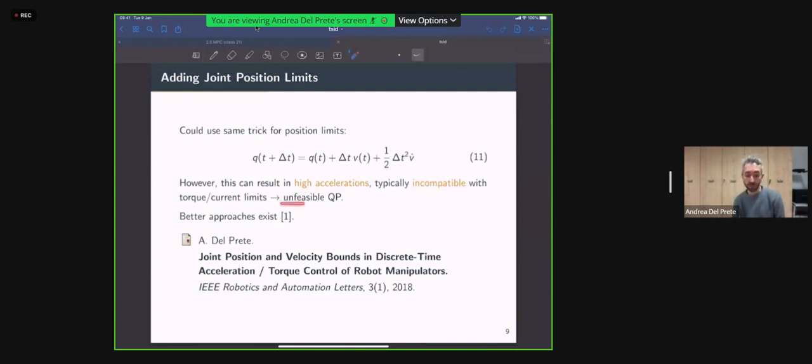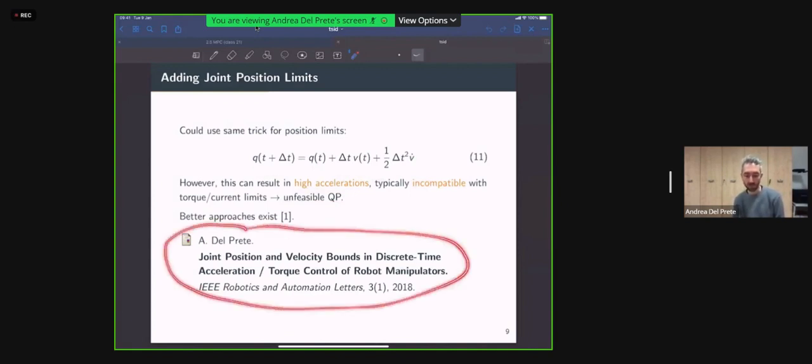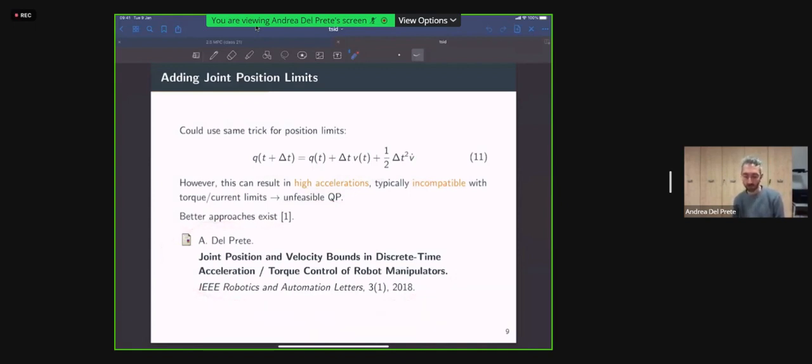And so in the end, you can end up with a QP that is unfeasible. So in this case, if you want to do things properly, there are better approaches. For instance, you can take a look at this paper, which I wrote a few years ago, that explains how to do this in a more precise way that doesn't lead to infeasibility problems.